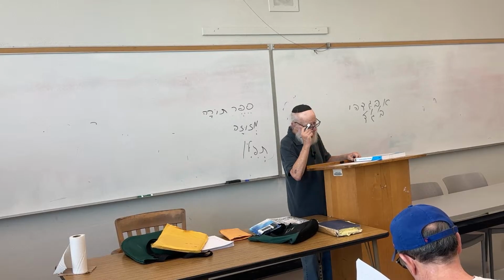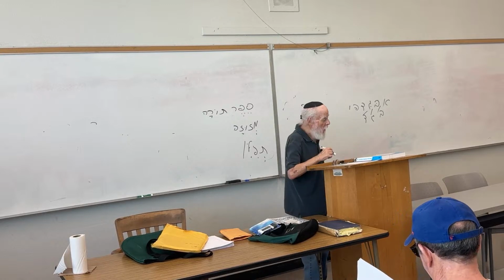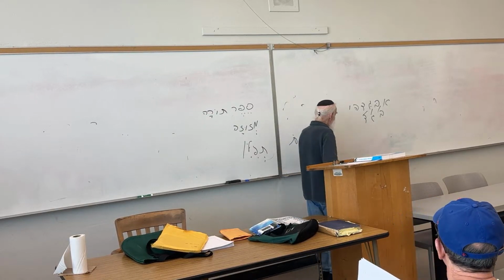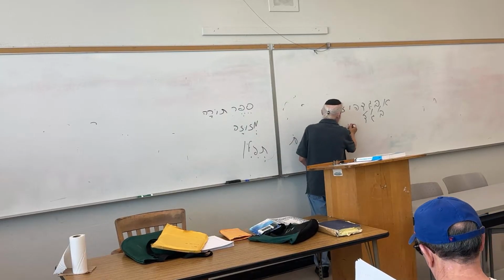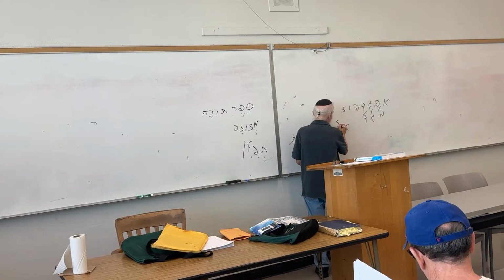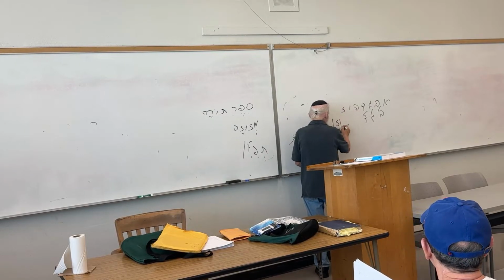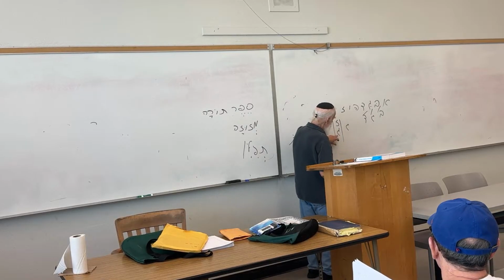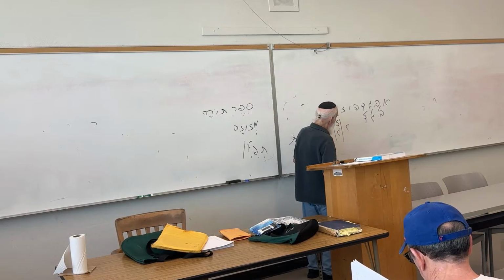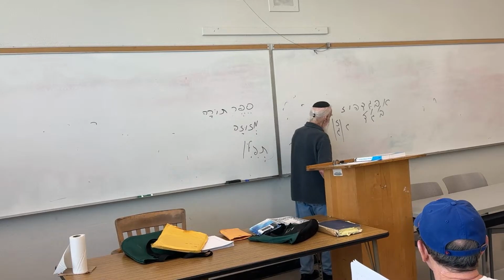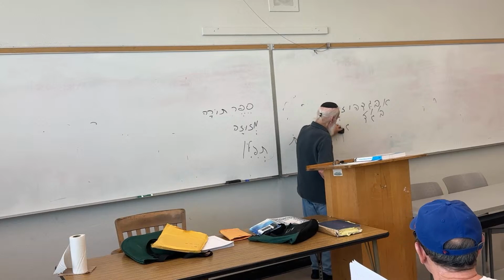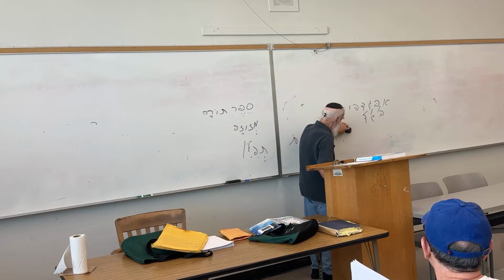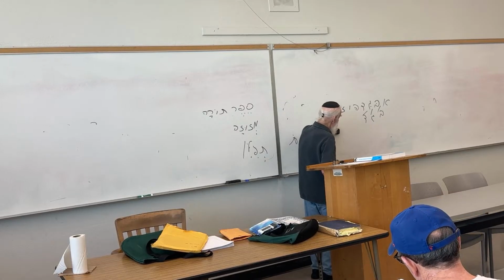The next letter is the Zayin. The Zayin, Z-A-Y-I-N, the Zayin letter. And the Zayin letter, I made a particular point. The Zayin is made like this. The Gimel is made this way. I know it doesn't look the same, but some people make that error. The Gimel goes in this direction to the left, and the Zayin goes to the right. The numerical value is 7. It's a Z in transcription, and it belongs to the sibilant family. The sibilant family are 5 different sounds. This is the first of the sibilants.